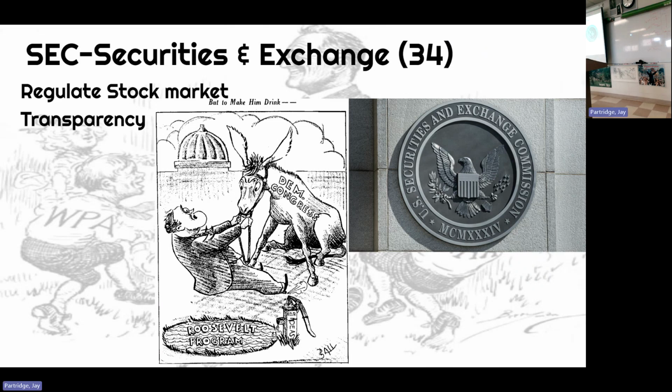The Securities and Exchange Commission would be created. This was 1934. They actually did an initial one in 33. So this isn't technically part of the first New Deal, but I put it in here. It regulated the stock market by demanding transparency. Companies 4 times a year must put out their real profits and losses.